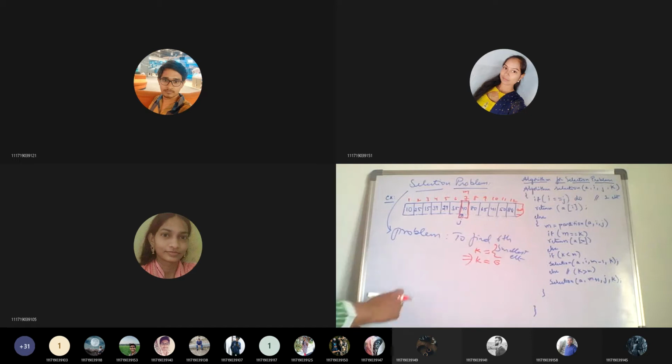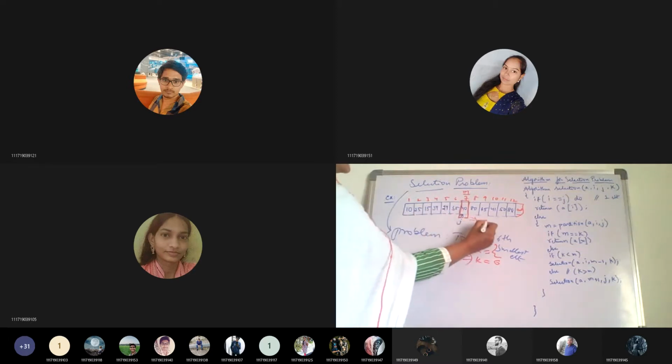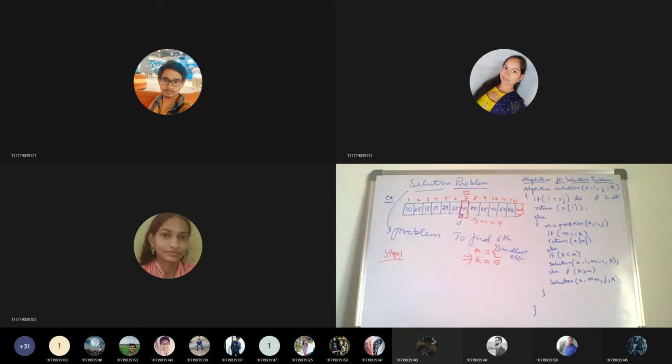Okay, so what we are going to do first is compare. See here, m is nothing but the partition position index you are going to get. So in this case, what is our m? M is equal to 7. M is the element that got its position. So 10 is fixed, 40 is fixed here. Don't know about others, but 40 is fixed in that position. So the 7th element in this list is 40. It's fixed. It won't change. So that's how we write m is equal to 7.